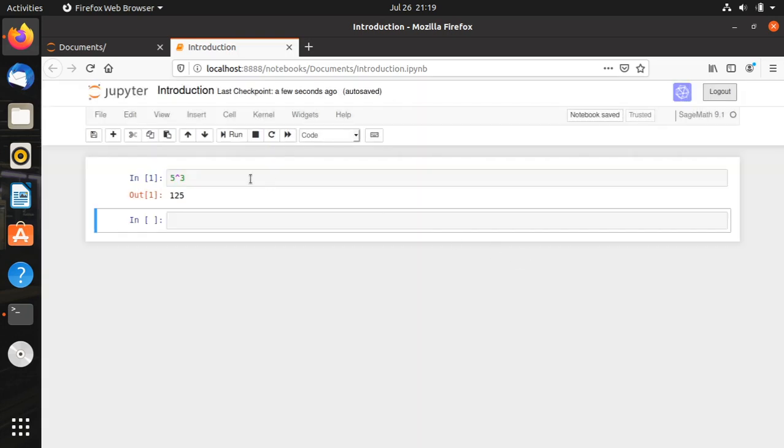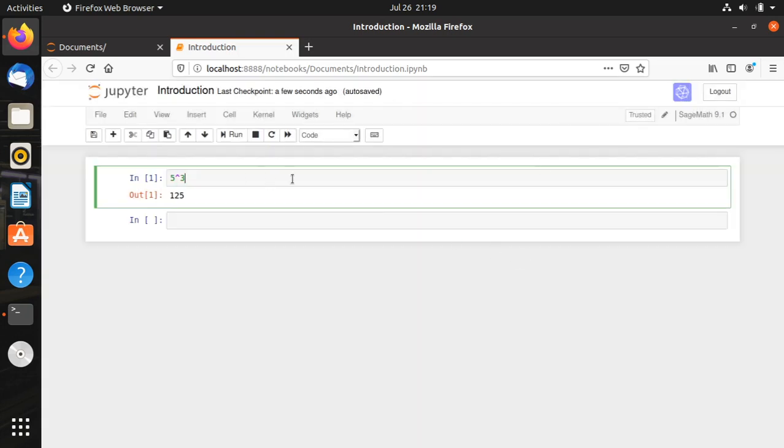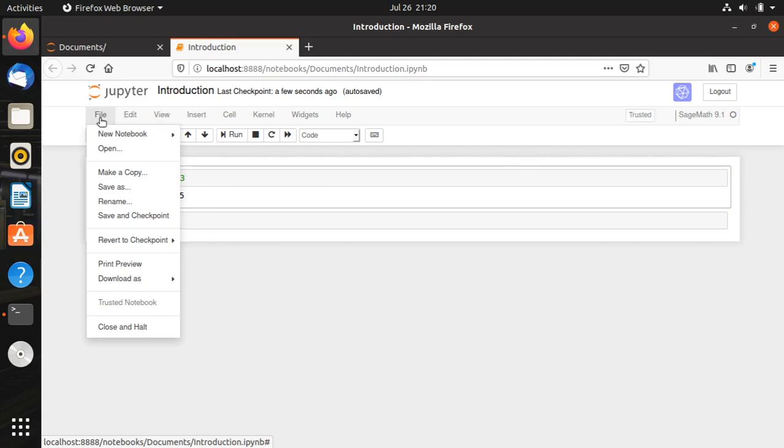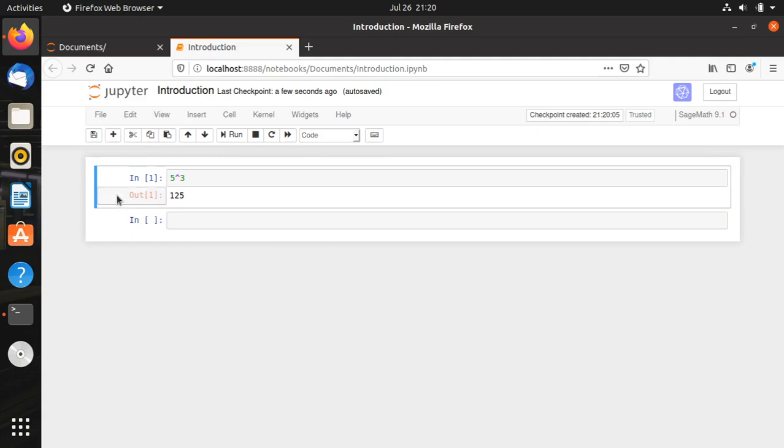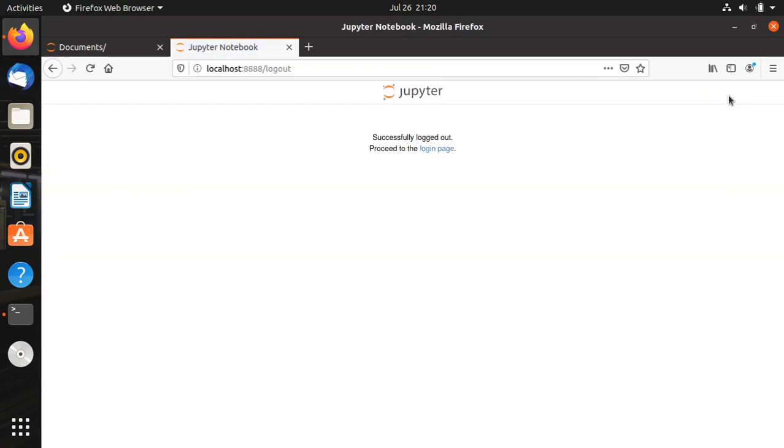Stay on page, something is happening, so just wait. Notebook saved. If you have observed, a Notebook saved message had come, and the Save and Checkpoint option is also here. Now I'm saving that once again. One save button is already here, that also we can use. After that, clicking on Logout.